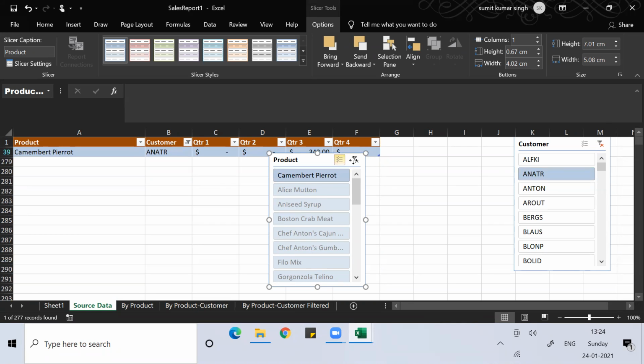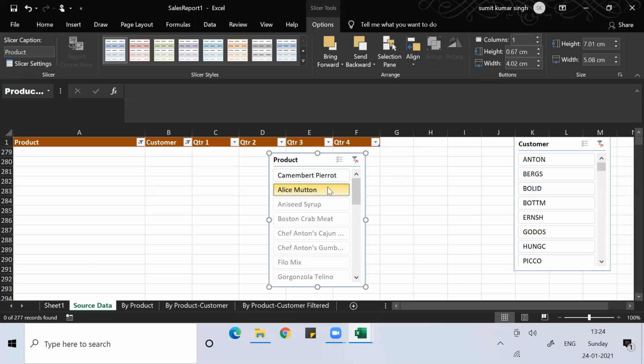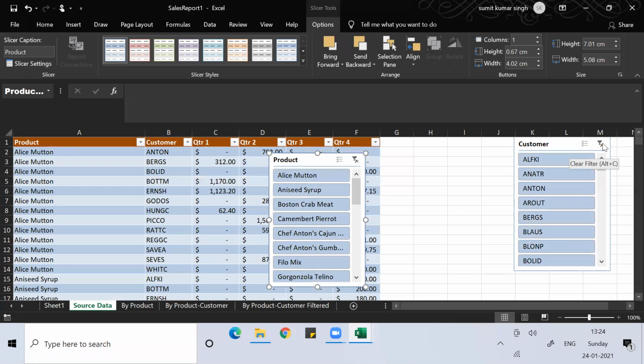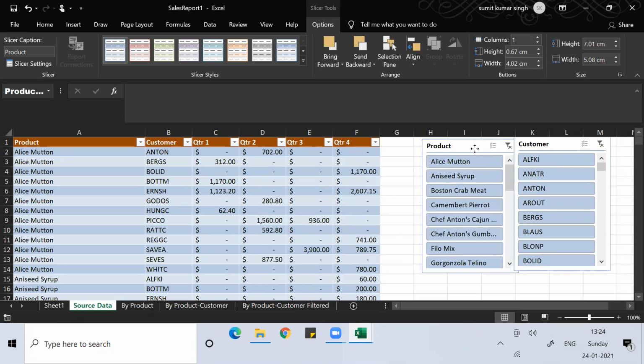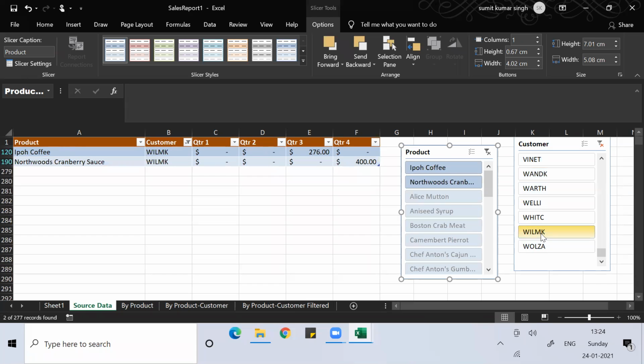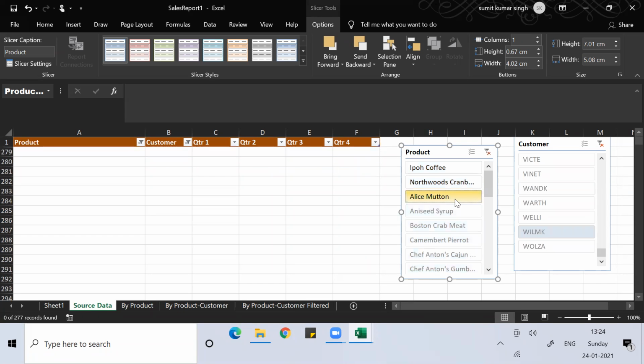Let me first simply select everything, so complete data. Everything is selected, you can see this. Now if I click on this, you can select everything.